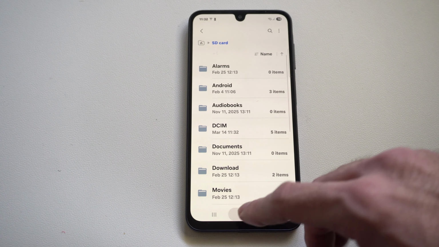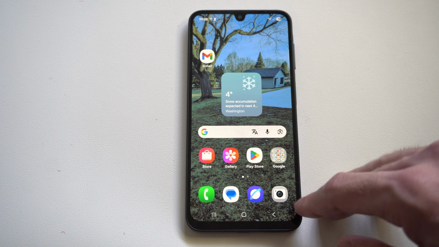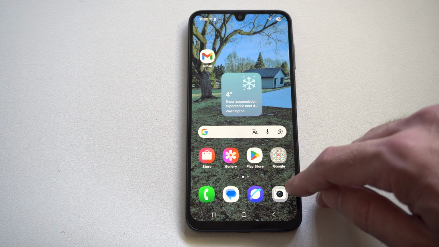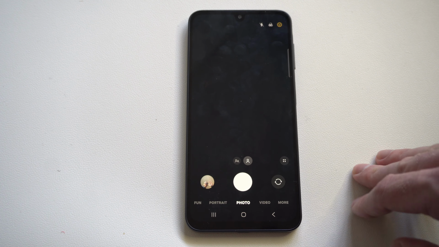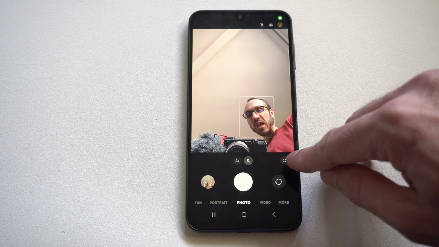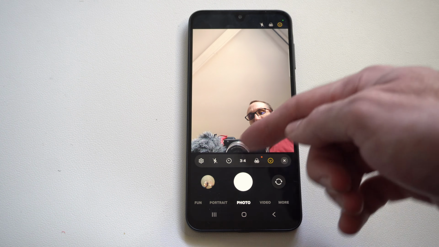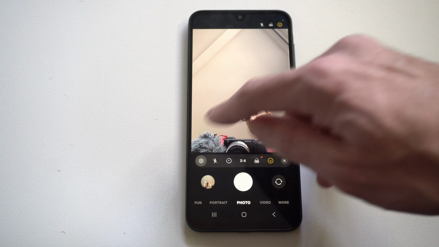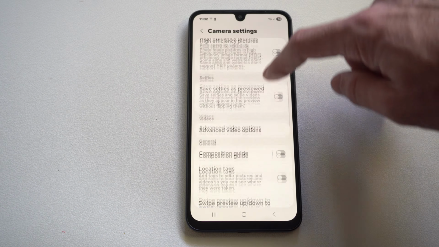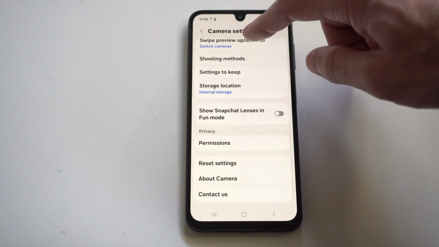So if you want to save the pictures to your SD card, go to your camera option. Now my Samsung, I have this little box right here, but just bring up Settings. So here's Settings. Then we can go on down. And we have a